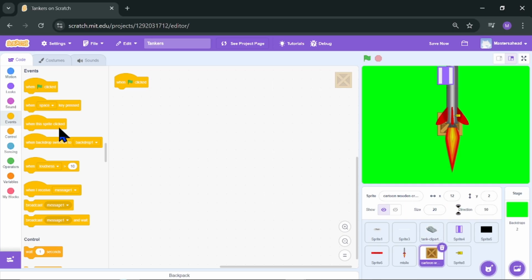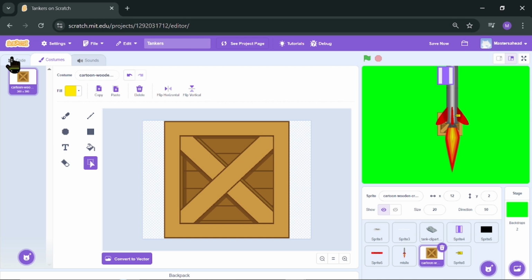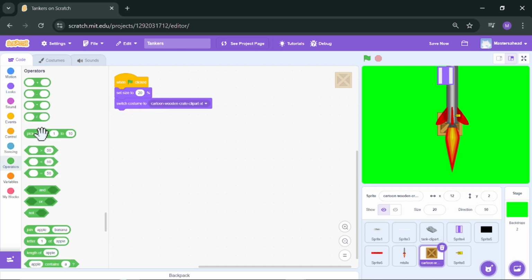Yeah, 20. Set size to 20%. Okay, and we need its costume. I guess I just do costumes. No, just one. So switch costume to, we're going to use pick random 1 to